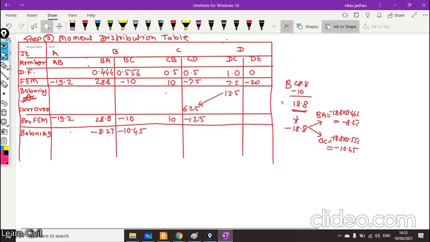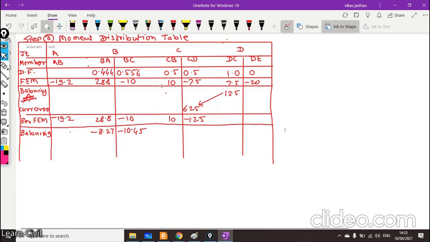Okay, similarly at joint C, we'll be having some unbalanced moment, and unbalanced moment is addition of these two moments, that is 10 minus 1.25. So the unbalanced moment here will be 8.75. This is the unbalanced moment. So what we'll be doing? We'll be applying balancing moment of minus 8.75, and it will be shared by